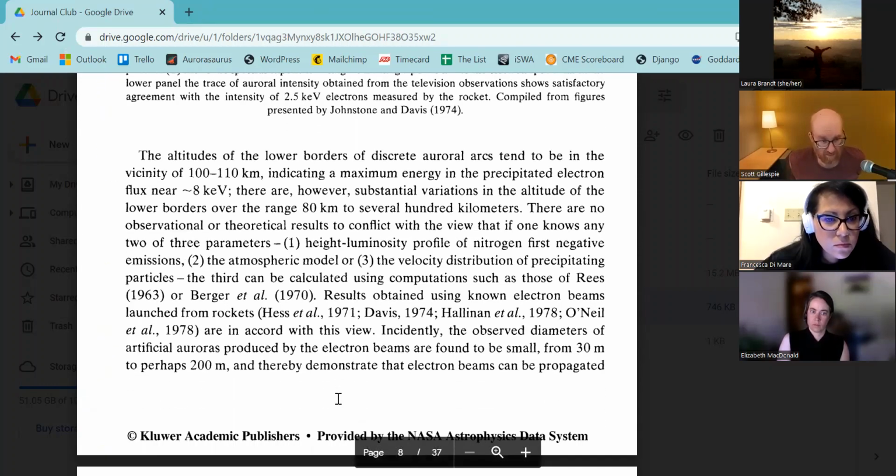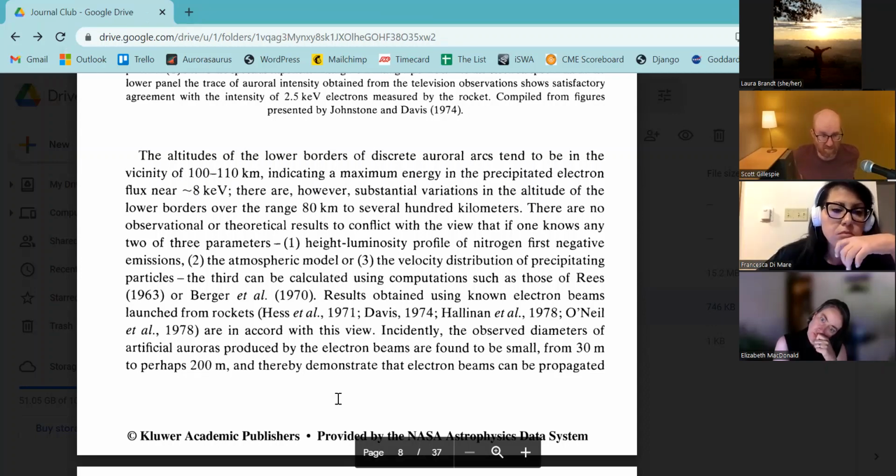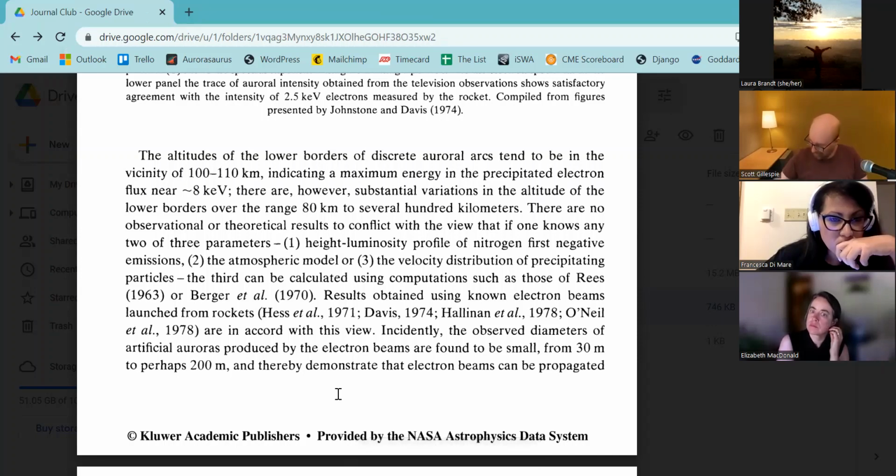The altitudes of the lower borders of discrete auroral arcs tend to be in the vicinity of 100 to 110 kilometers, indicating a maximum energy in the precipitated electron flux near about 8 keV. There are, however, substantial variations in the altitude of the lower borders over the range 80 kilometers to several hundred kilometers. There are no observational or theoretical results to conflict with the view that if one knows any two of the